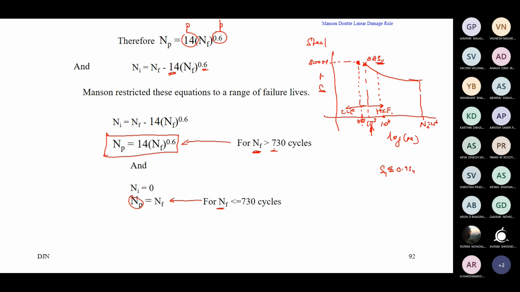In the quiz last time, there was a question even about this. The SN approach can give approximate solutions, exact solutions, or much better solutions. All those options were there. It is straightforward. The high cycle fatigue approach is only valid in a particular region, and its solution becomes more and more accurate as you reduce the stress. As you reduce the stress, you are going towards the high cycle, more and more high cycle life.